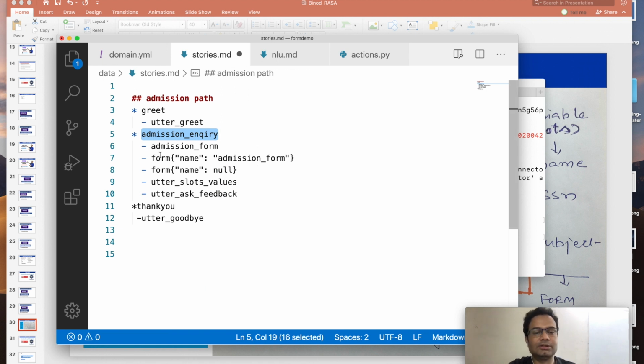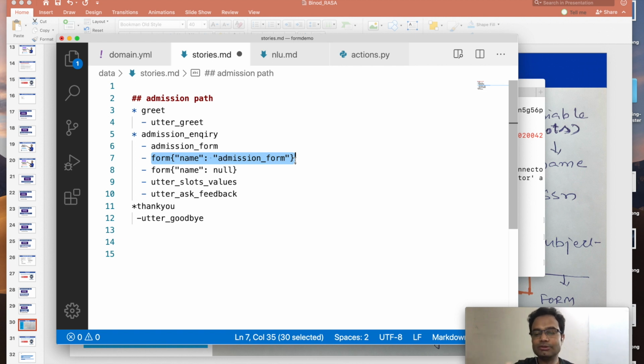And this is the important thing, these two parts are very important. What is the meaning of that? The admission form will tell you which form you want. So I want the admission form. In the admission form we have to give the sequence, you need this data, after this, after this. So you are going to activate the form. So the first thing, this code will activate your form. If you need the three mandatory data like the name, SSN number, subject, until the user gives all those information, that form will be in the activated state.